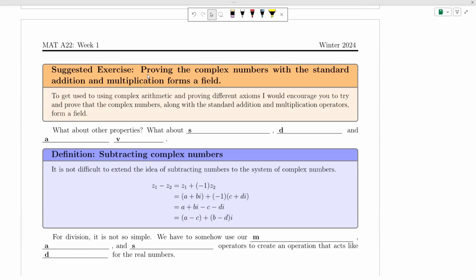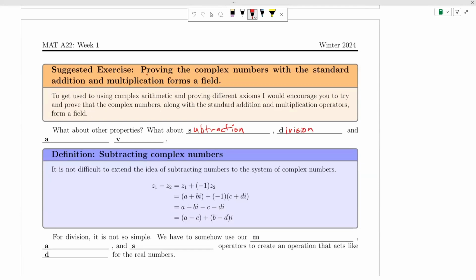When we look at the standard addition and standard multiplication operators, we're looking at the additive inverse and the multiplicative inverse. If we add the additive inverse, that is our subtraction. So how does that work? How do we subtract? How do we add the multiplicative inverse? And if we multiply by the multiplicative inverse, that's the division